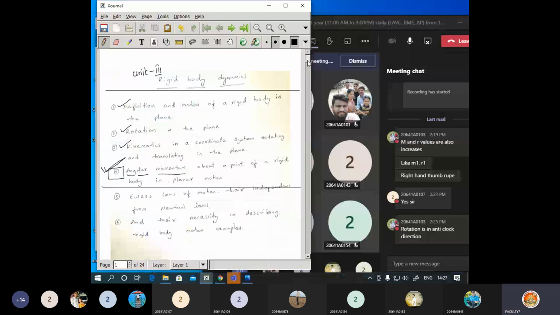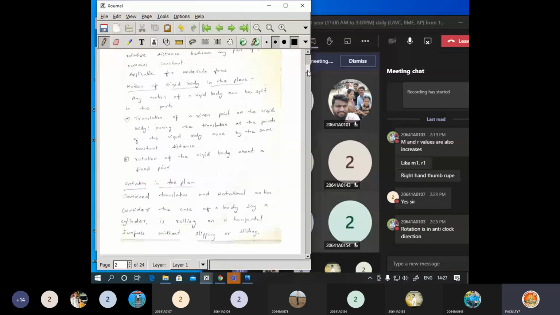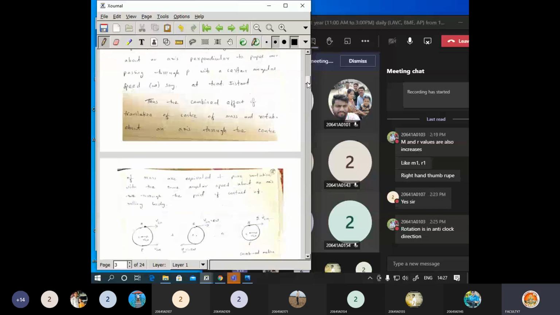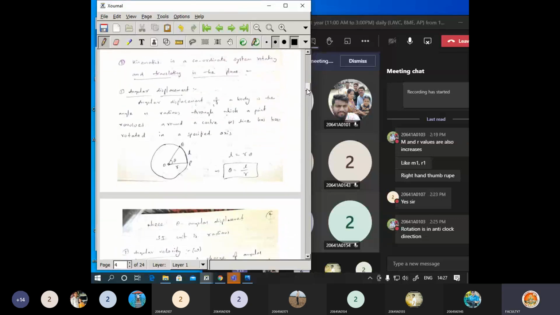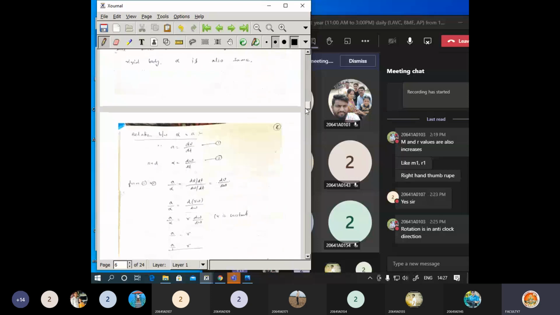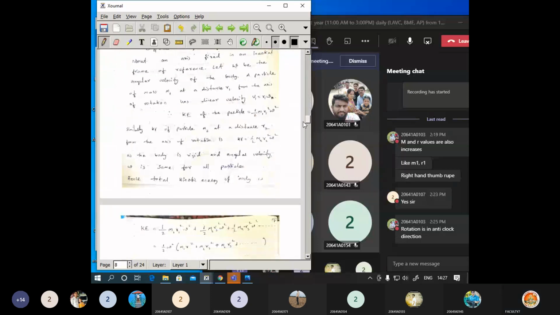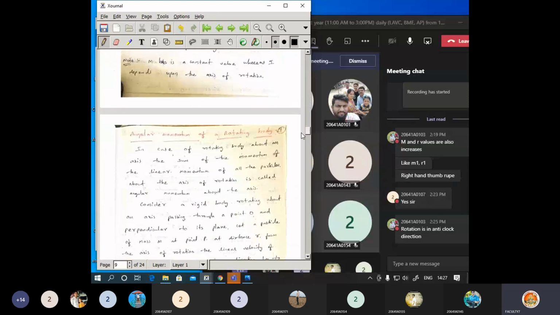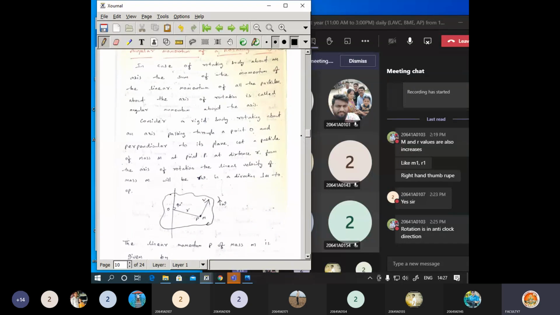Okay, that is about the last topic, which is a very small topic. Actually, the third unit is very small. So let us see what we are going to write. So this is a topic we had seen.